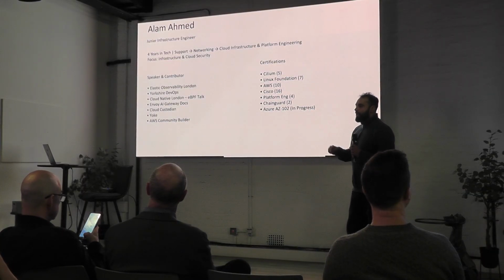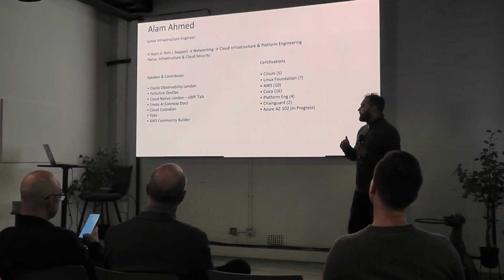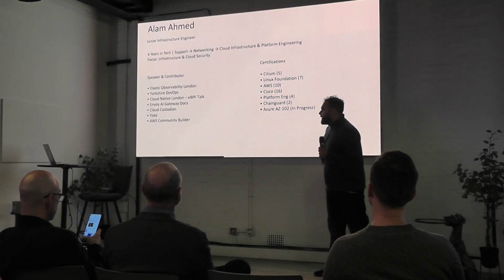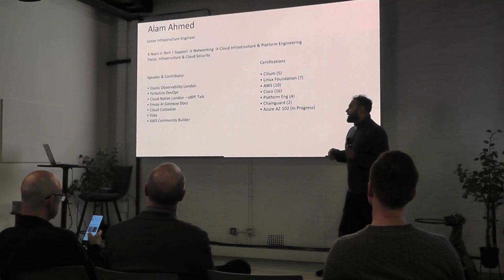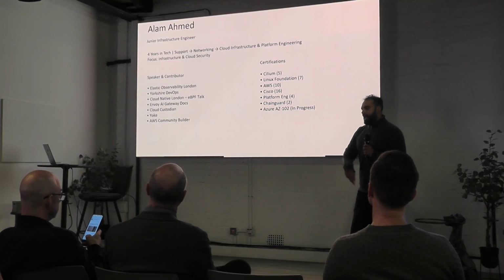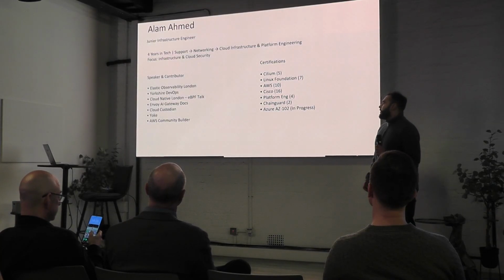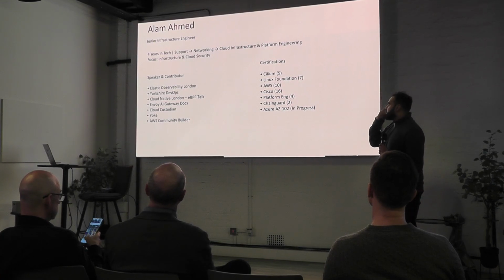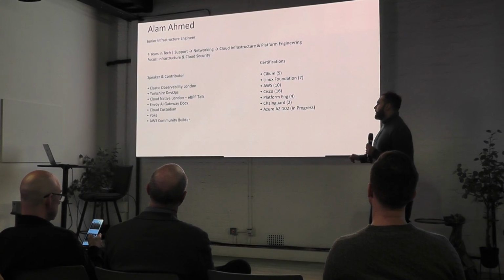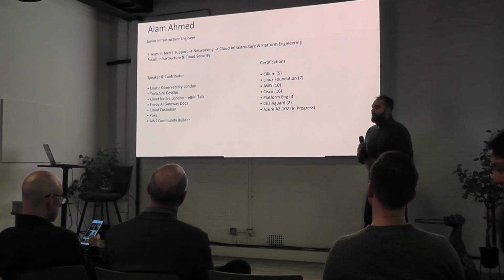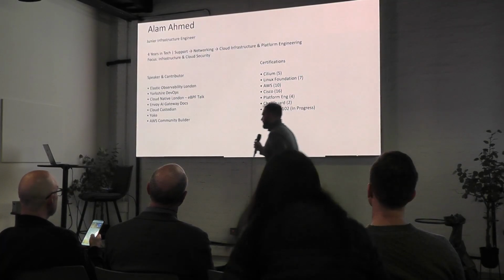And we're a gateway, so I did the documentation for version 2. Cloud custodian, yoke. Just like contribute to any other issues that they might have. And then recently I'm an AWS community builder, mainly focusing on security. So I'm a bit of a security builder. So that's Cilium 5, and then Foundation 7, AWS 10, Cisco 16, platform engineering 4, chain guard, and currently doing Microsoft 102. I don't have a social life, that's all.